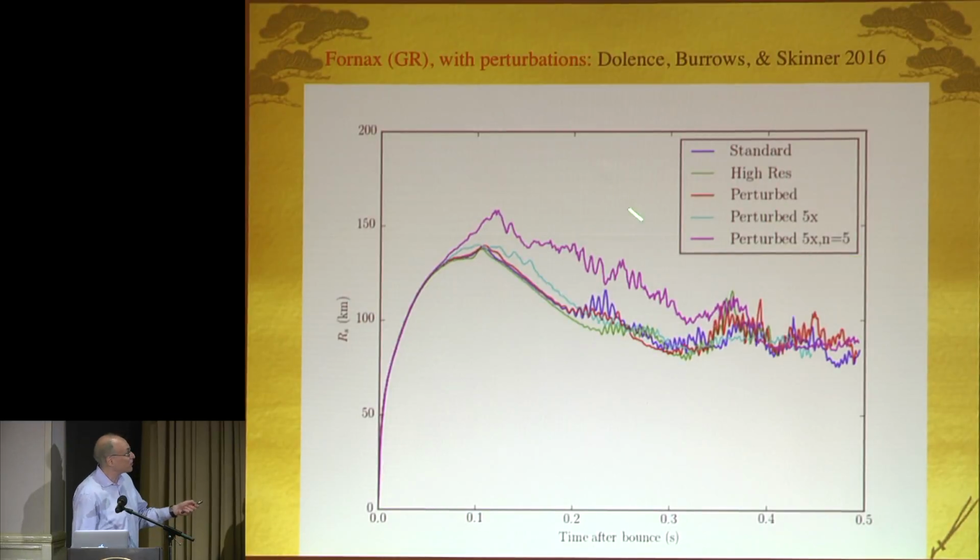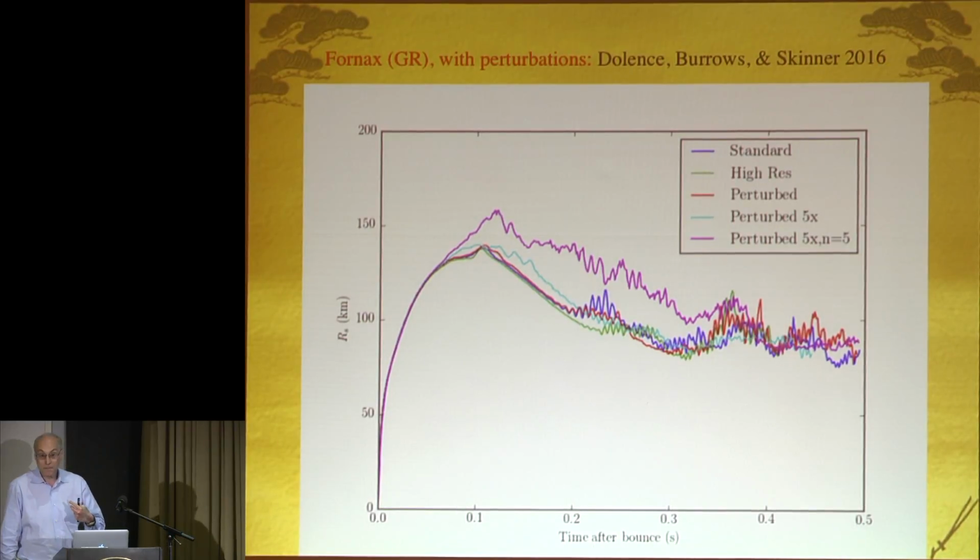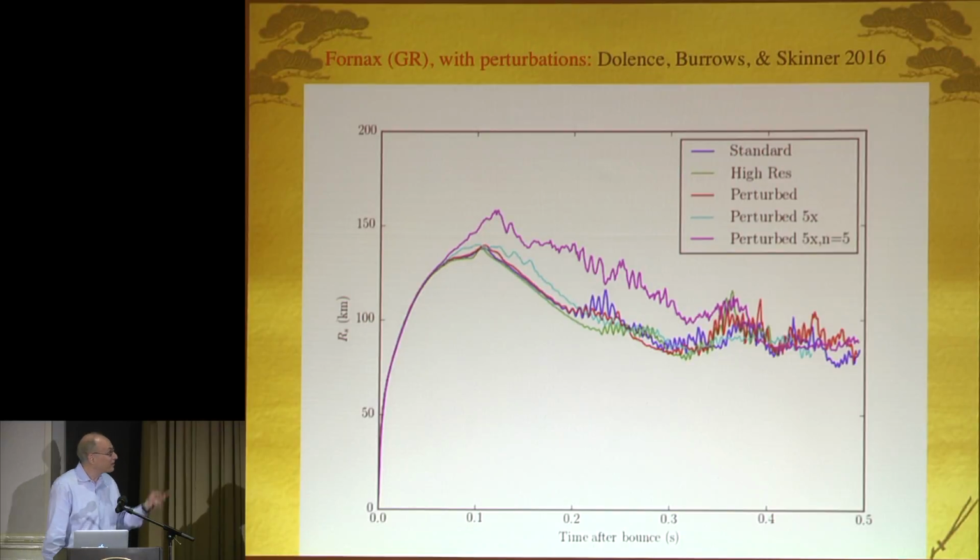This is an example of such simulations using a new code I'll get back to, and this has relativity in it. This is a standard model, blue. Standard was done in 2D, in fact, and you see that oscillation here, the shock goes up, nothing much happens. The point here is at high resolution, you have the green curve there. There are differences, but the resolution dependence of that behavior has been captured. Now, it's not in detail, but in fact, these calculations are resolved in this sense.